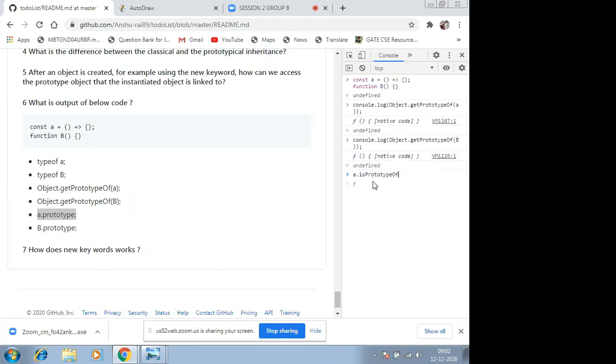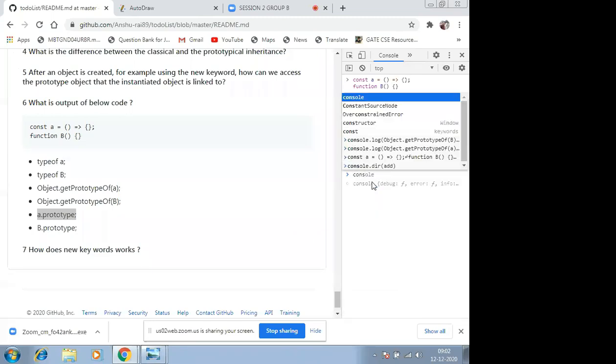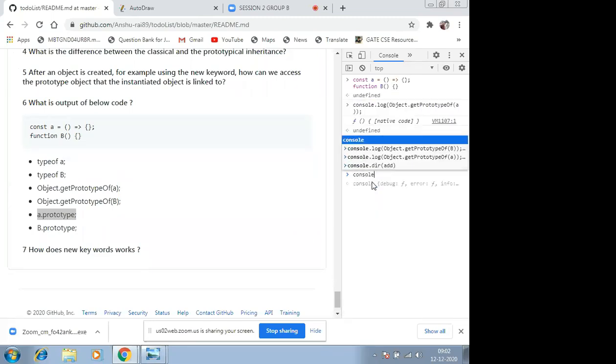Let's just see what it is printing. A.prototype, console.log, let's just copy this. So you saw, Rahul, this is printing undefined.